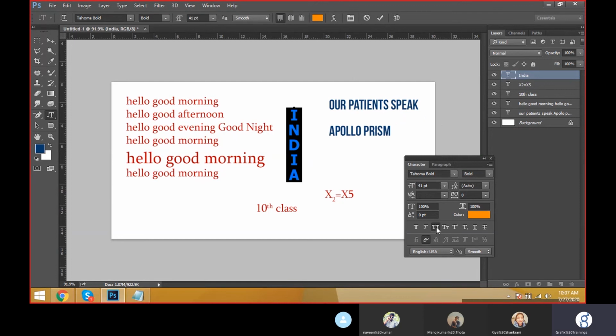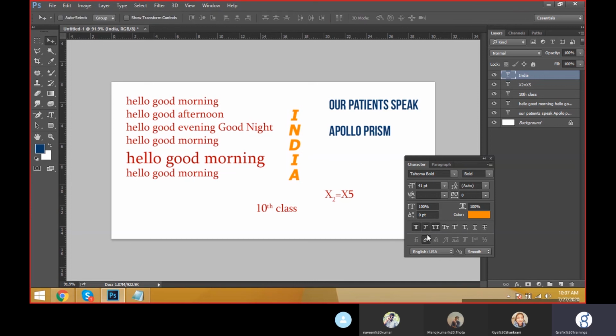The shortcut is Control Shift K. And faux italic, faux bold, and small letters to big letters. Okay, and superscript and subscript, these properties will be applied. And underline and strike through, all the properties will be applicable for the horizontal type tool also.